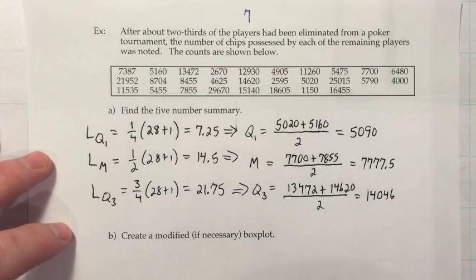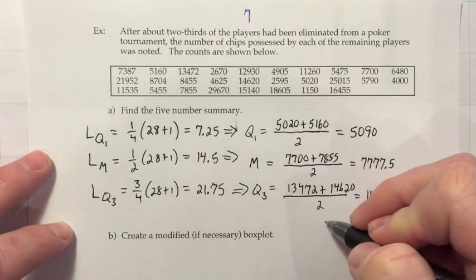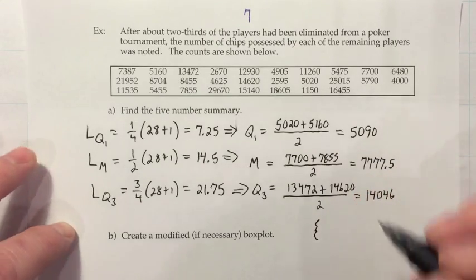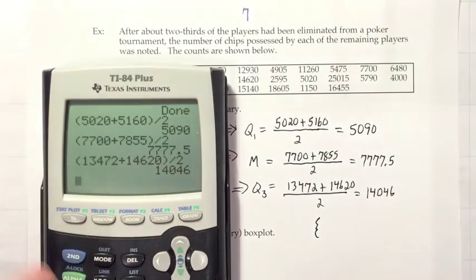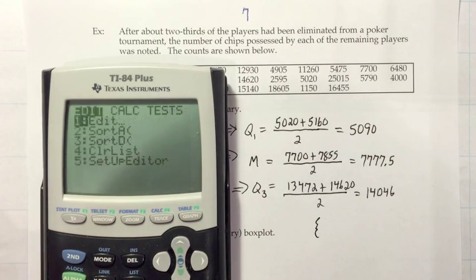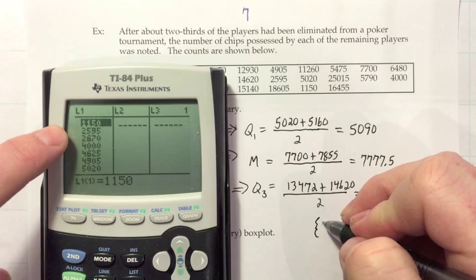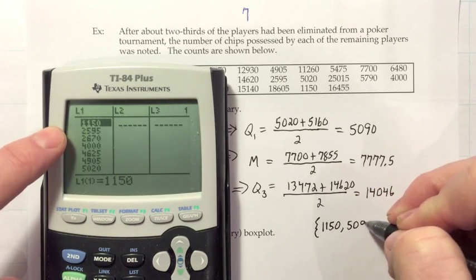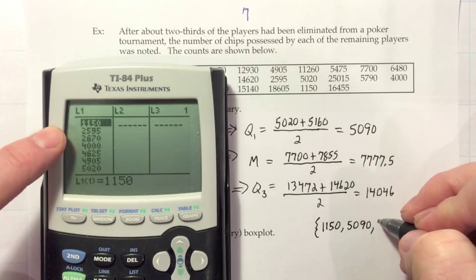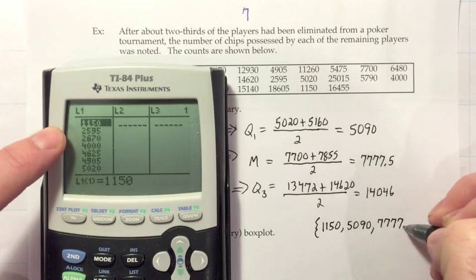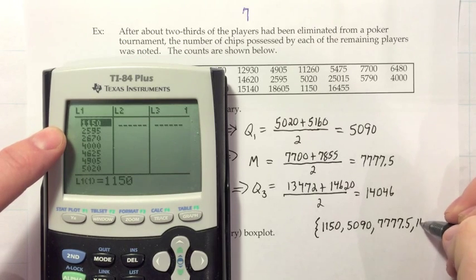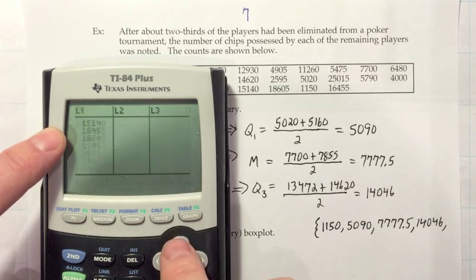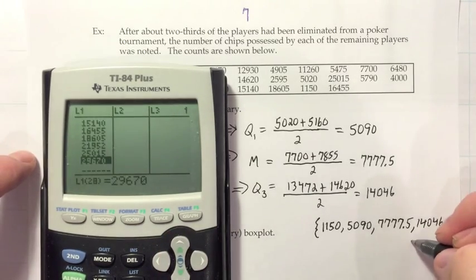It said to find the 5-number summary. We've got only 3 of them, but the other ones are the min and the max. And I guess the calculator is going to make a quick appearance again. But our 5-number summary is just a list, and it starts with the minimum. So if I go into the list, the minimum will be first, 1150. And then Q1, 5090. Median, or Q2, 7777.5. Q3, 14046. And then, even though I didn't give myself room here, also the maximum, if I go to the bottom of that list,